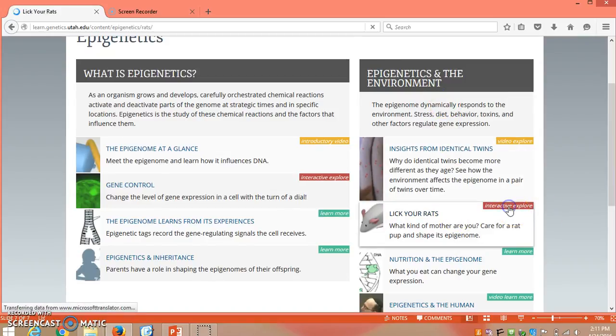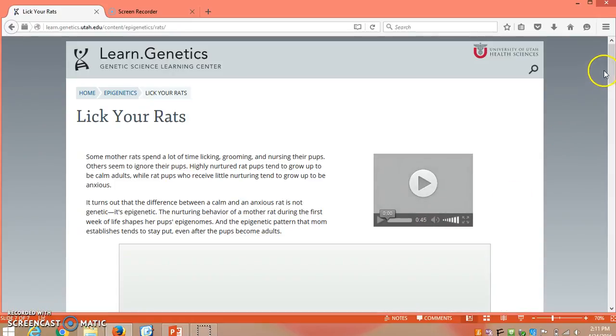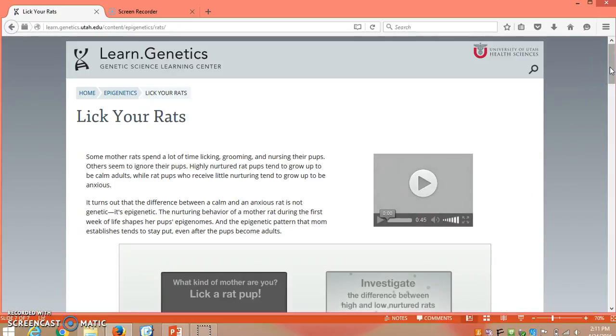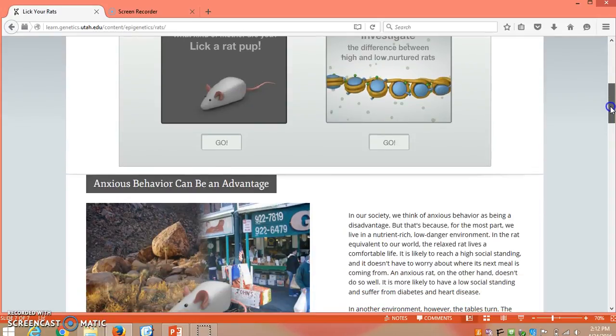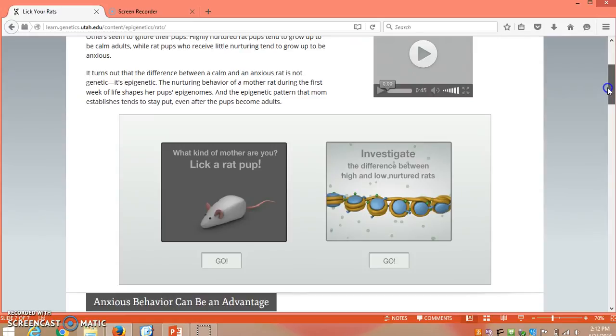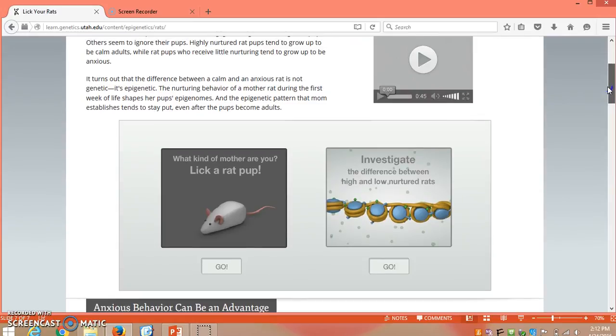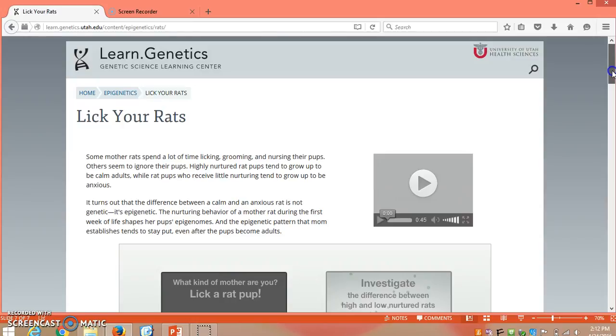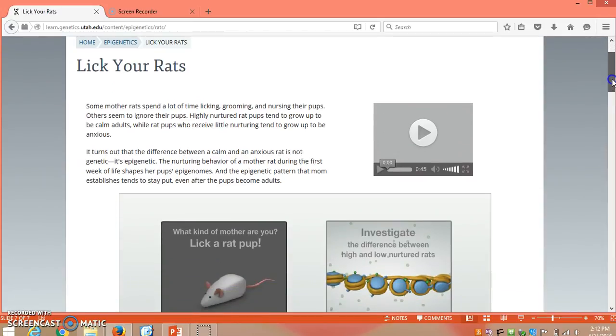There's an Interactive Explorer, and we want to see basically how nurturing from a parent can potentially influence some species, and perhaps even humans, behavior in later life. What kind of mother are you? You can see from the top of the page we have a little intro and also a video of the real research that